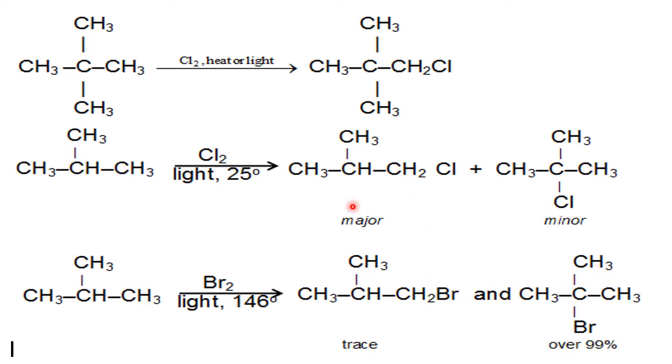But the problem is what? Normally we don't prefer this method. Why? Because replacing 12 hydrogens by 12 chlorines stepwise is tedious and time consuming. And the second point is that in the reaction container, after the reaction, many products are formed. Then it is difficult for us to separate them because all are chloro-alkyl halides only. So depending upon boiling point and other properties, we have to adopt a special method for the separation. So some problems are there.